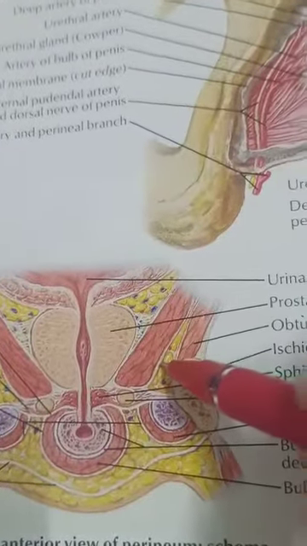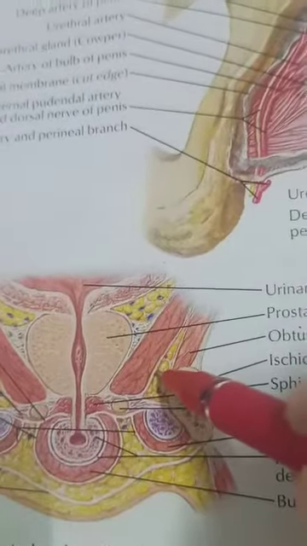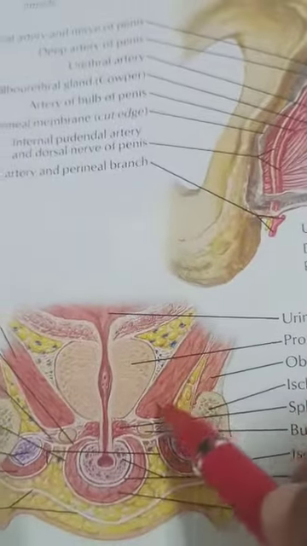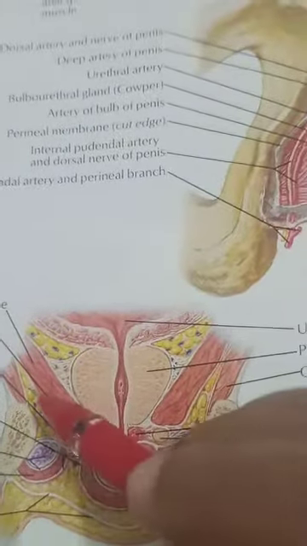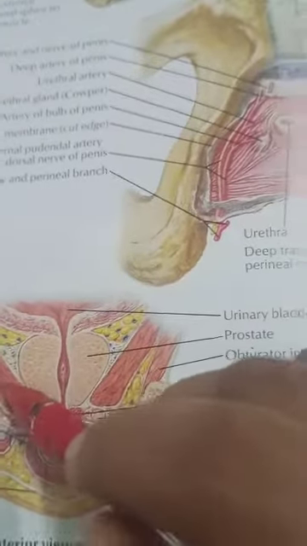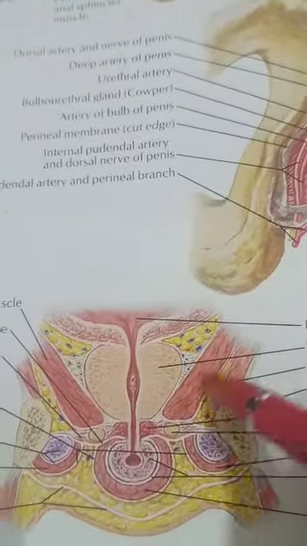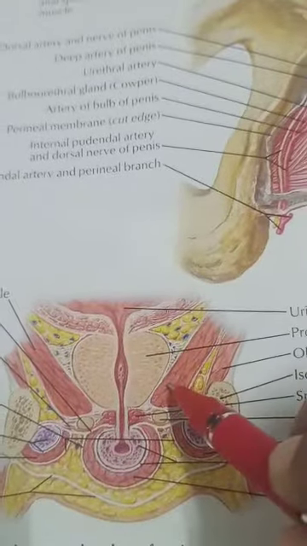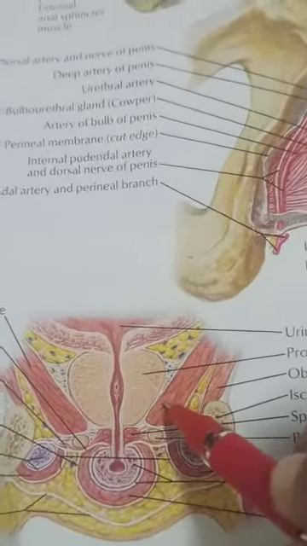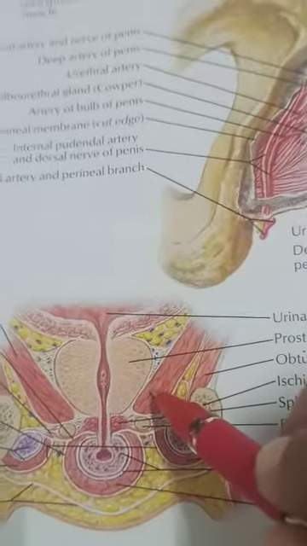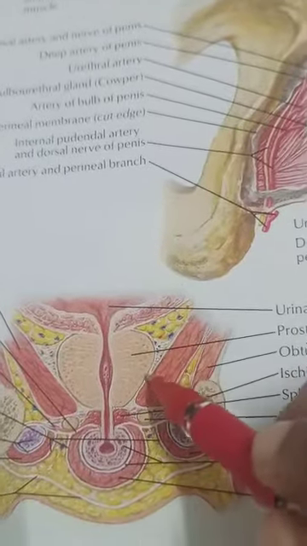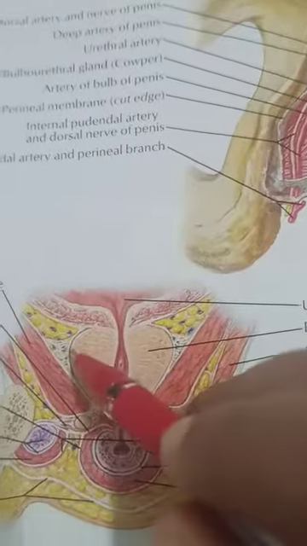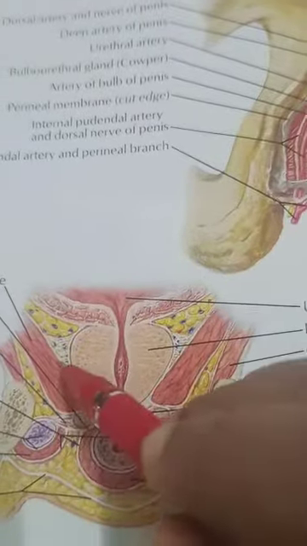It is related to the pelvic diaphragm. These are the pelvic diaphragm muscles, the levator ani muscle. So the infralateral surfaces on either side are related to the levator ani. And within the capsule we can see the veins, the prostatic venous plexus, on either side.